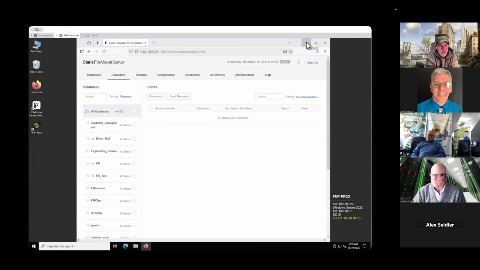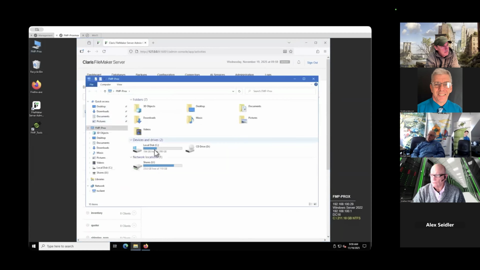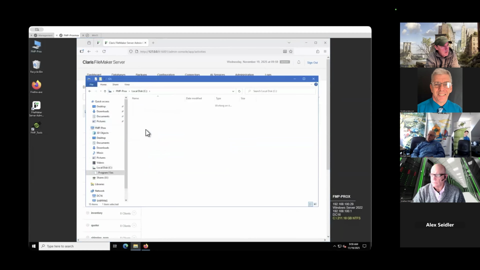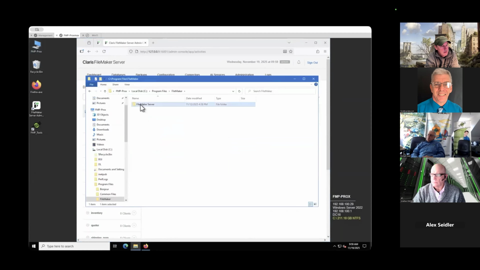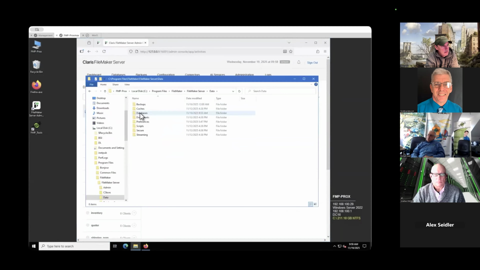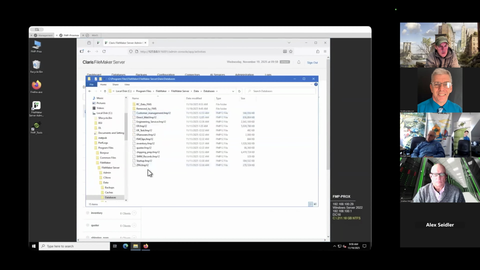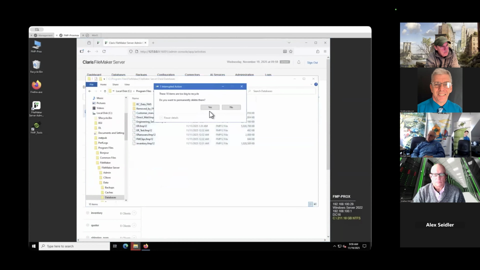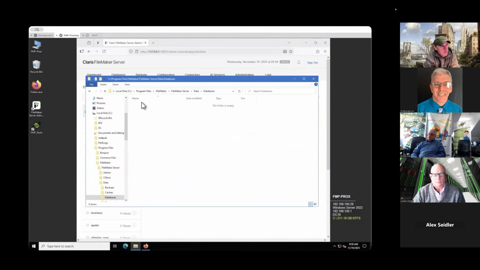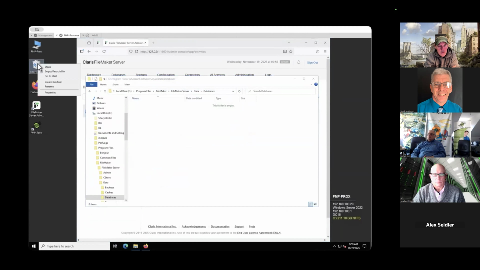Now we're going to go to the directory structure in Windows. And you guys all know the path: program files, FileMaker, FileMaker server, data, databases. And we're just going to whack all of them. And just to make sure that they're all gone, we're going to go ahead and delete and empty this recycle bin.